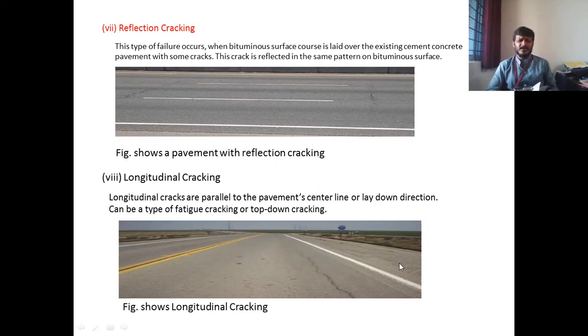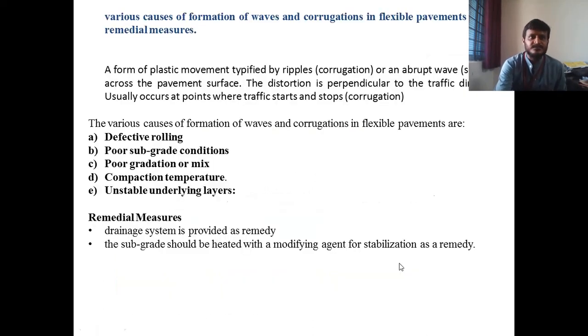Okay, so then longitudinal cracking. Longitudinal cracks are parallel to the pavement center line. Lay down direction can be a type of fatigue cracking or top down cracking. Okay, so in the figure you can see both reflection cracking as well as longitudinal cracking. Okay, so next we have